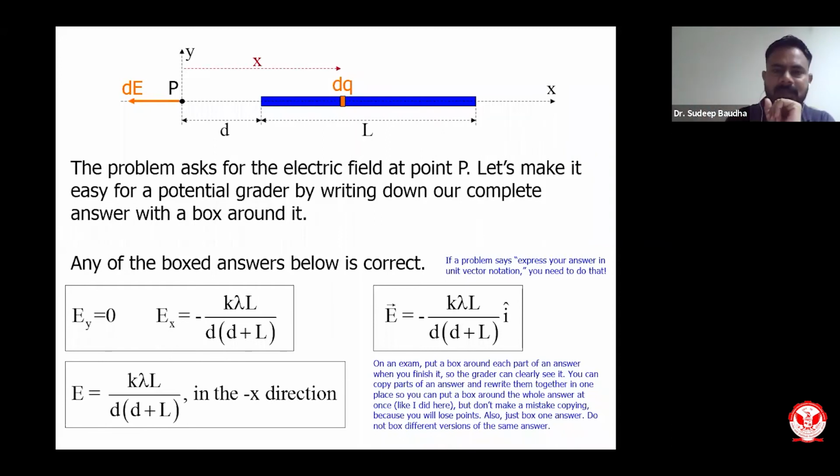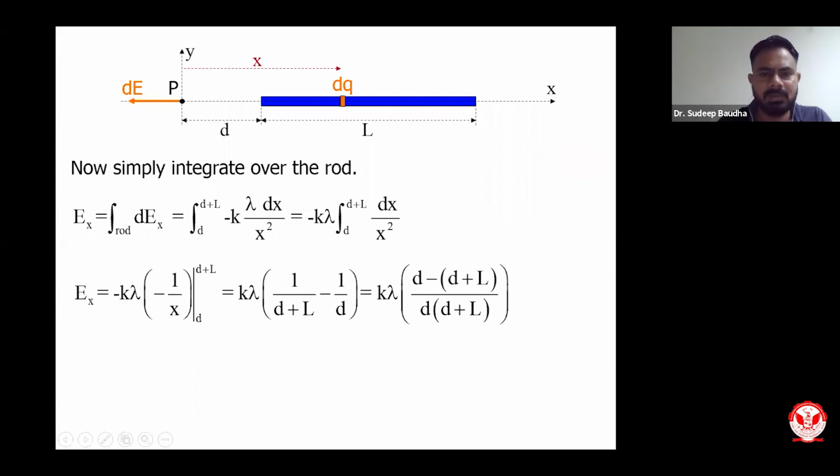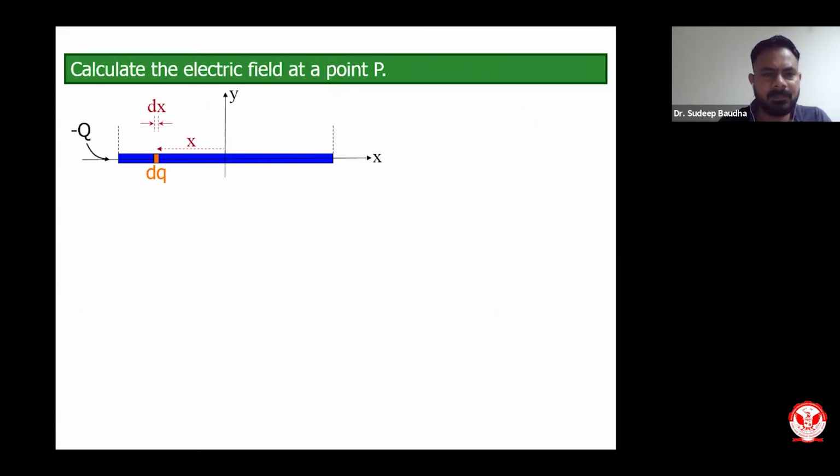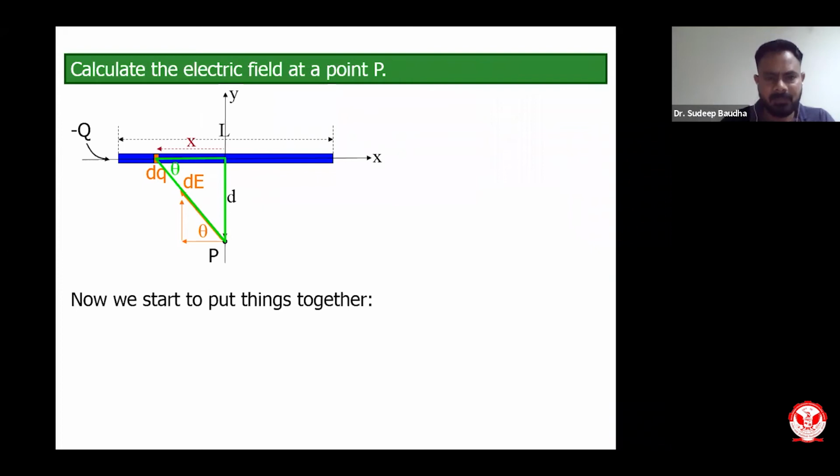As you can see, in this case the electric field will be in a perpendicular direction. It will have only an x component. And in the previous case, I will show you the previous case also. You can see this electric field, because of this point, will be towards that particular direction. But in that case, the charge was negative, so attraction was there in the y direction. In this case, it will be repulsive, or away from the positive charge. That is my observation.